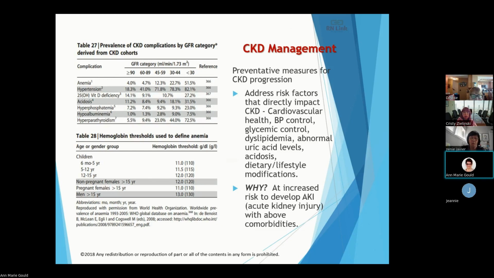Now, I did put two tables in here, as you can see, and this tells you the prevalence of CKD complications by the GFR category. This I pulled directly from KDIGO. And as you can see, the main complications: anemia is up there. Hypertension is the highest. Vitamin D deficiency is another high one, as well as acidosis. And then, of course, you have your hypophosphatemia,